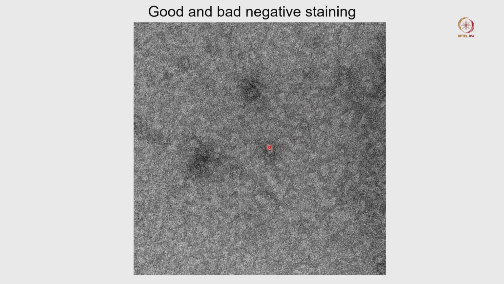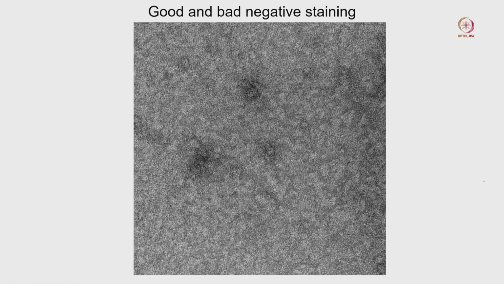In this one you can see another TEM image. If you try to find a protein sample, DNA sample or RNA sample in this kind of image, it is quite difficult to identify anything. Definitely there is a black patch here, another black patch here, and some black patches here and here, but if you look at the overall background, there is no difference across the entire TEM image. This kind of image is called a very light staining image.